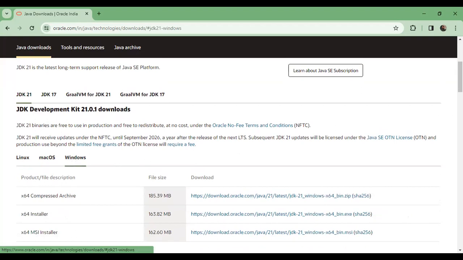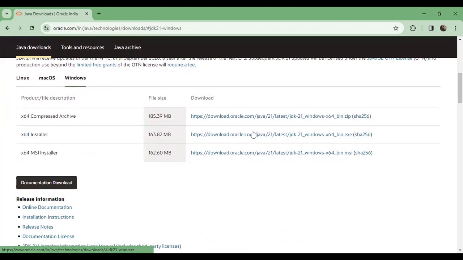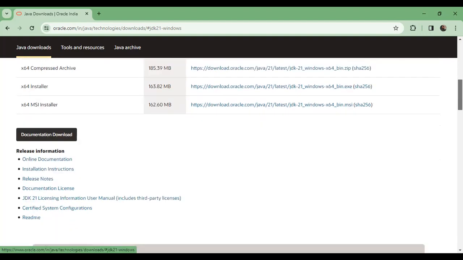In the Windows version, a 64-bit level is there, and a 32-bit level also. My system has already chosen 64-bit. So click on this button. Automatically the Java version suitable for your computer will be downloaded.